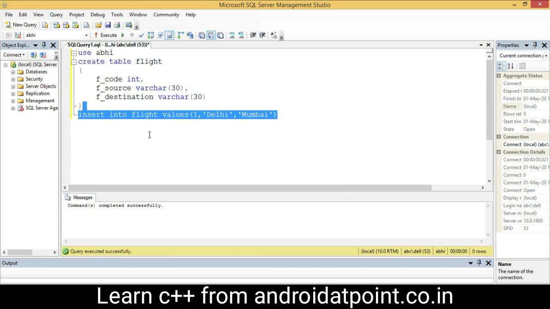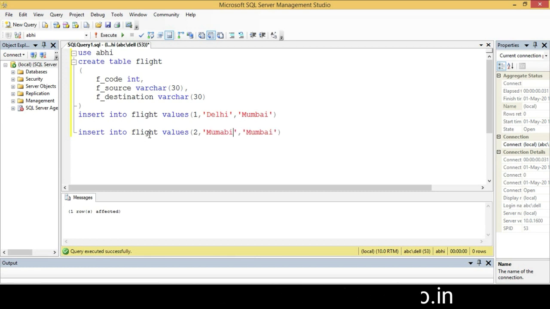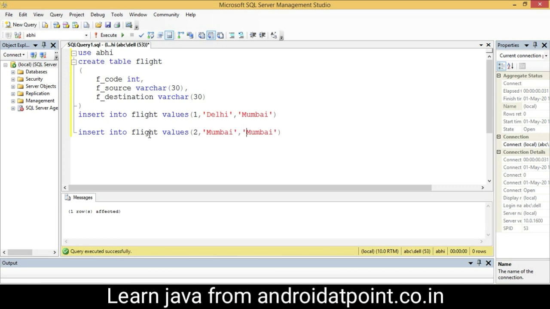Select the query and execute it. Next I will copy this and paste it here. Flight code 2, flight source Mumbai to Goa.